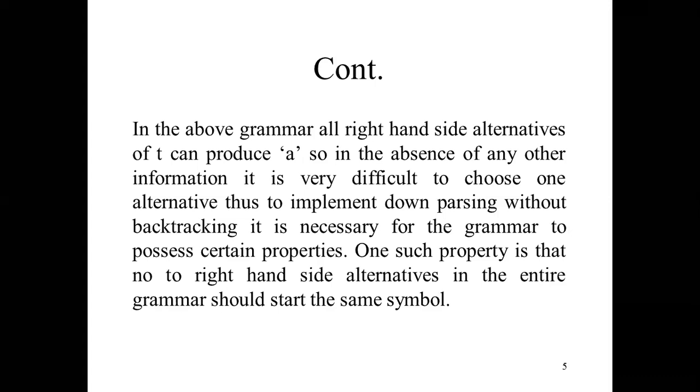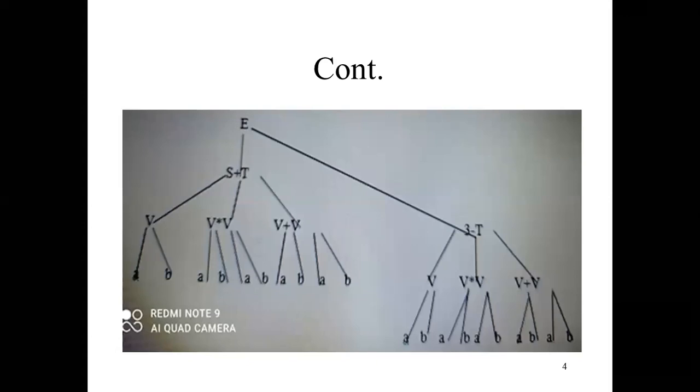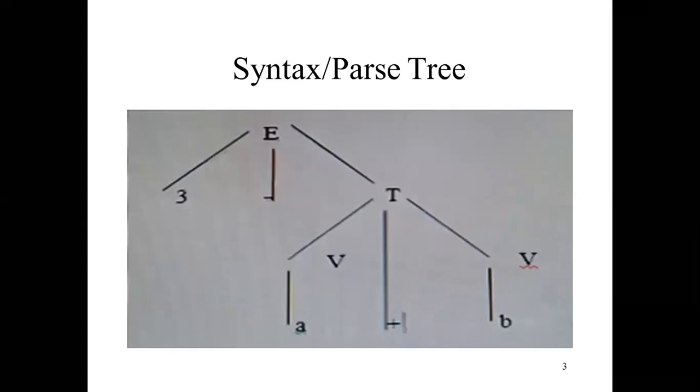We are going to replace the value of V, so we will get either A or B. But here we will choose only that value. This is just what you have seen, this is the complete syntax tree for the grammar. Okay, this is the complete syntax tree for the given grammar, but we will draw the syntax tree to achieve this expression 3 minus a plus b.